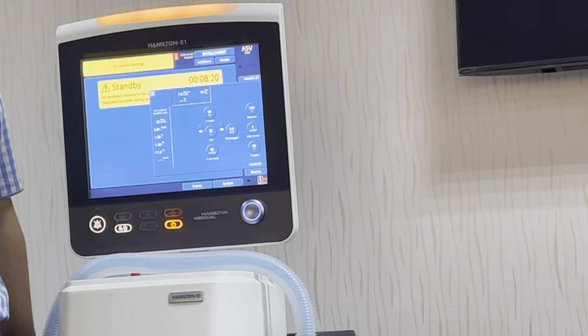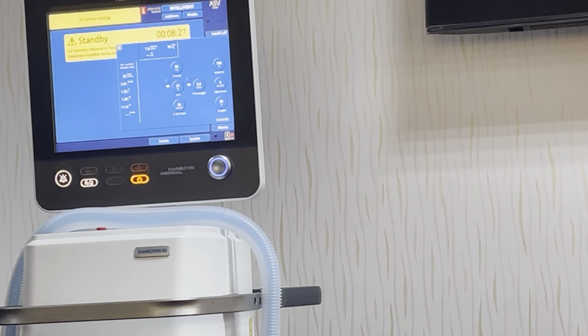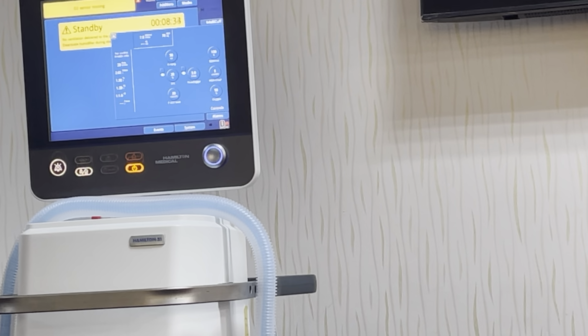أقرب حاجة. تو على أي أساس بنعدلوا how we adjust the minute ventilation؟ درنا اي بي جي، لقينا CO2 for example 60 أو 70، لأن عندنا CO2 retention in order to extract CO2